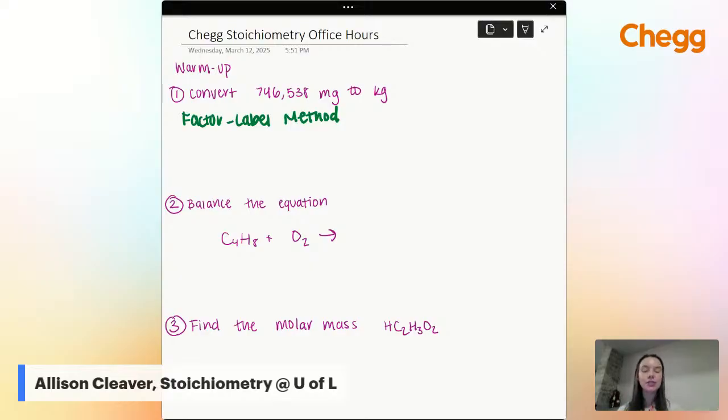But basically, to do this, we're going to start by writing what we're given. And in this problem, we are given 746,538 milligrams to start. And I got that from right here. So again, I encourage you, beat me to solving this problem. Especially if you're coming back from other live streams that I've taught, beat me in solving this problem. All right. Then what I want to do is go to something that I know. I want to convert to something that's going to get me closer to kilograms.